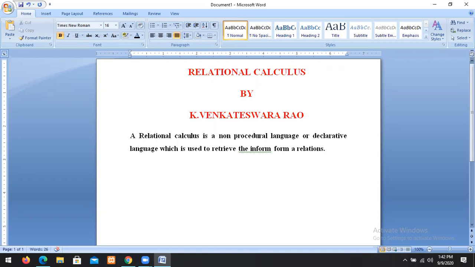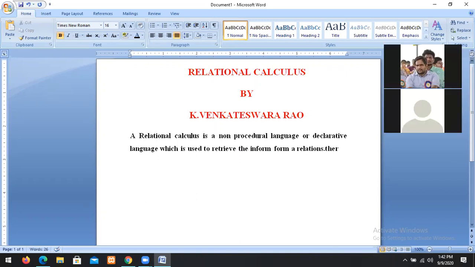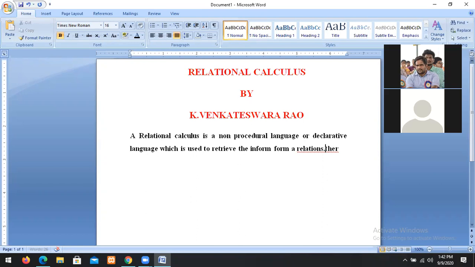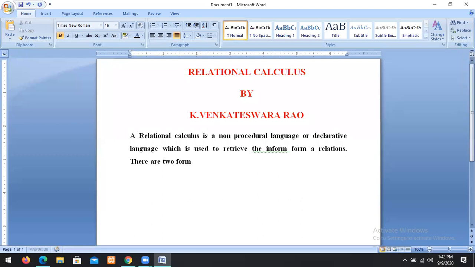There are two forms of relational calculus.